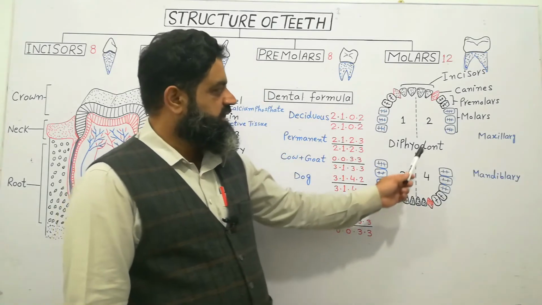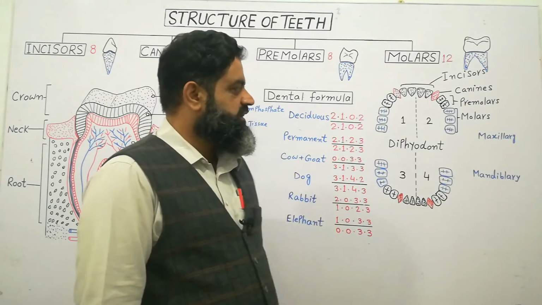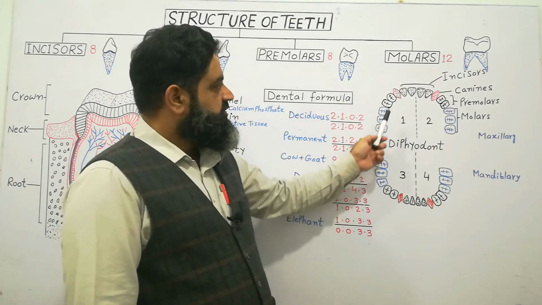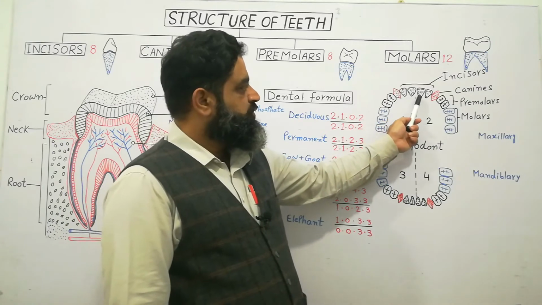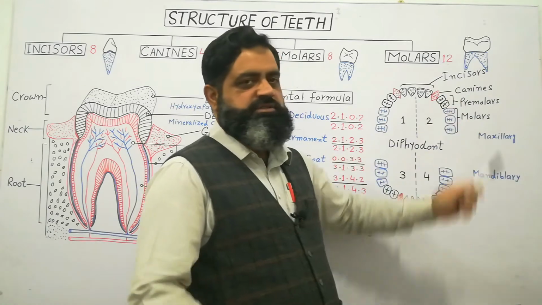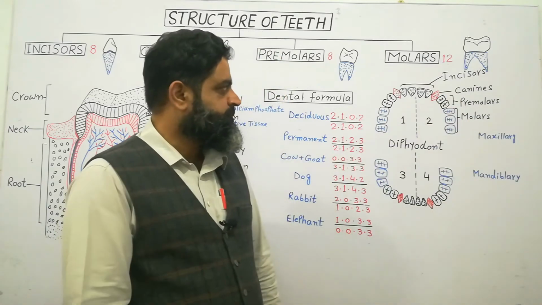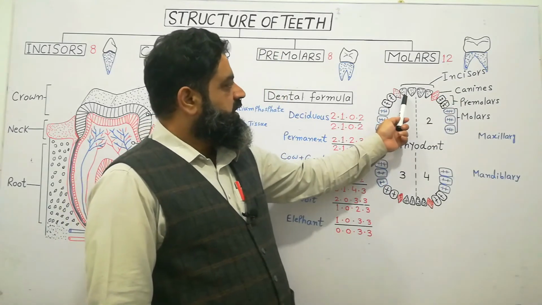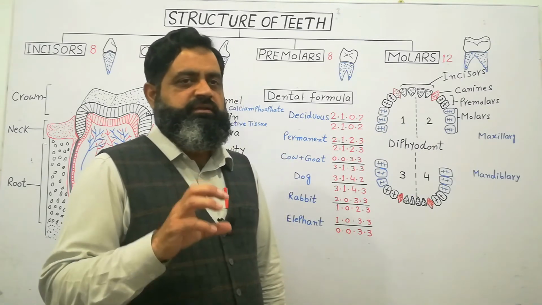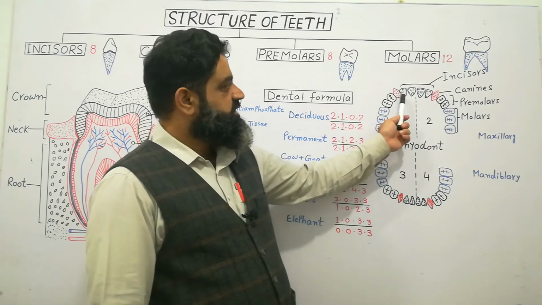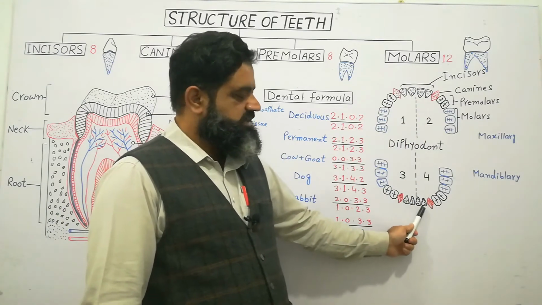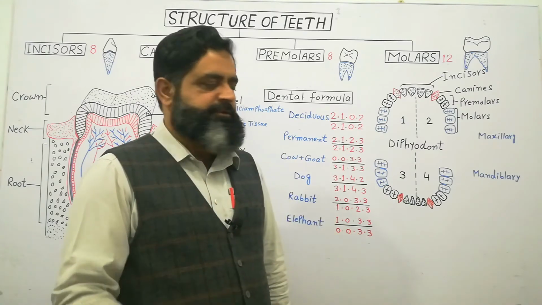Now if we look at the arrangement of teeth in the maxillary jaw or maxilla, the first 4 teeth are 1, 2, 3, 4. As you can see in the black diagram, these are incisors which are present in the front of the oral cavity. Incisors are chisel shaped teeth which help to bite something. 4 incisors are present on the upper jaw while 4 incisors are present on the lower jaw, so the total number is 8.